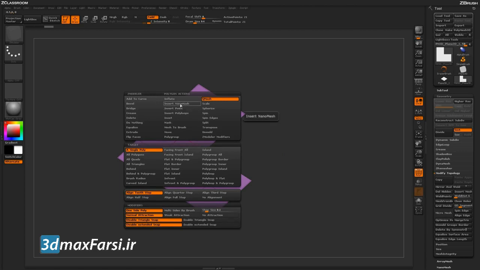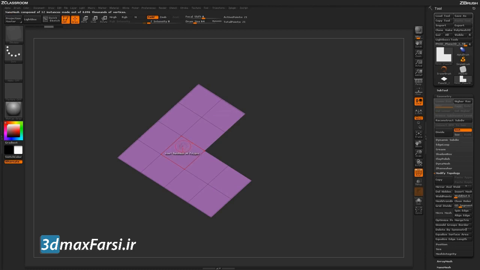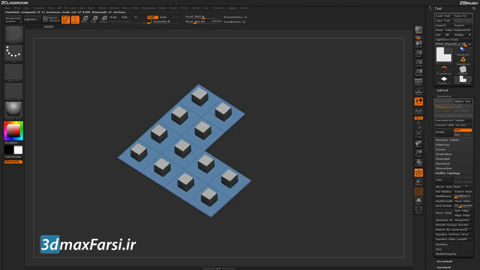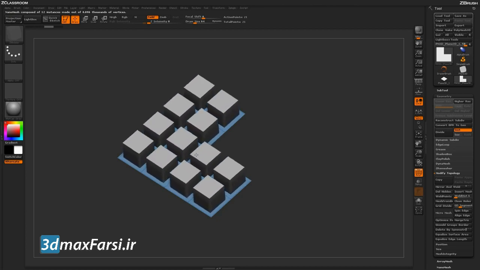Now here at the top, I want to locate the Insert Nanomesh action, and with this action selected, I want to change my target to all polygons. Now with the Insert Nanomesh action selected and the target set to all polygons, if I come across any polys on my model here and simply click and drag, a nanomesh will be applied to all polygons across the